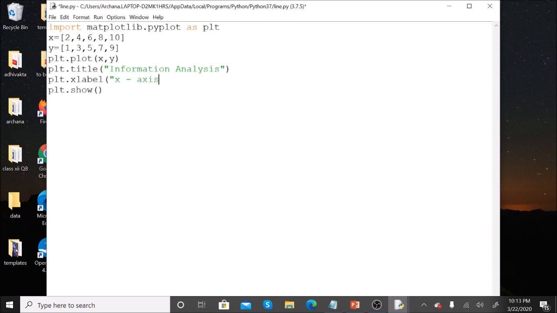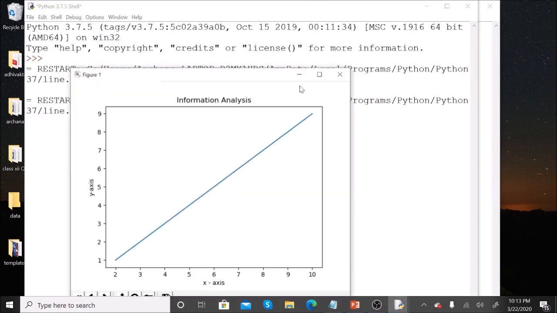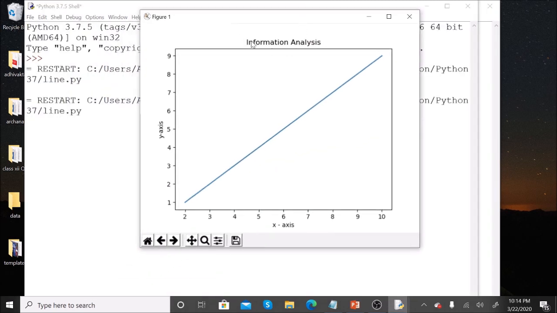So we have given x-axis, and ylabel as y-axis. Now run this code and see the difference. See here, we have the title, the y-axis label and the x-axis label.